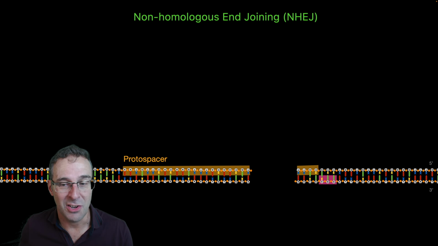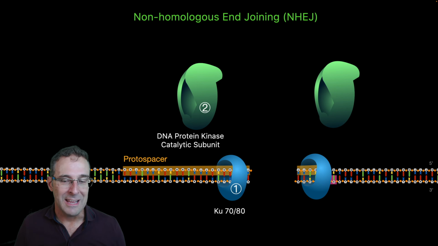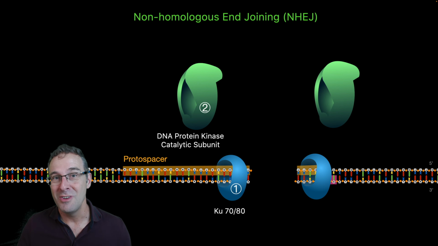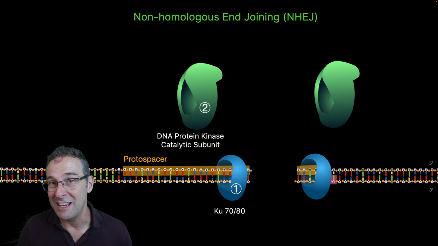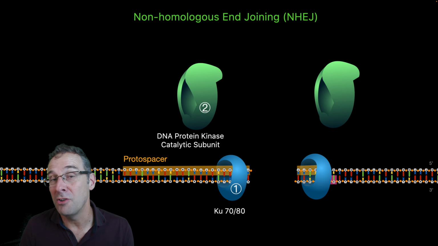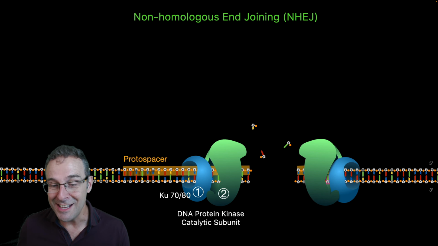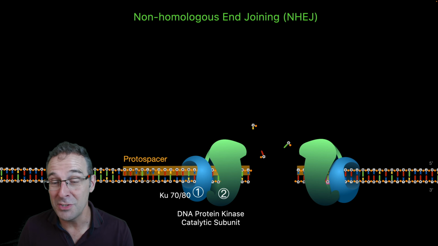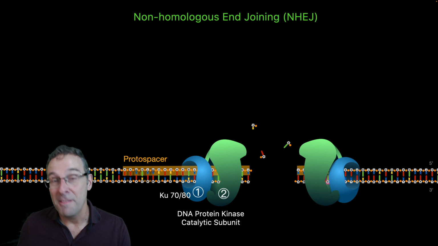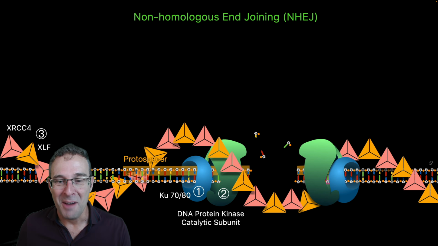a Cas9 enzyme. Either way, what will happen is a protein that exists naturally in the cell called Ku70/80 is very strongly attracted to the ends of a piece of DNA. And so Ku70/80 will stick on those ends, and it, in turn, co-opts, it attracts another protein called DNA protein kinase catalytic subunit, which sticks onto the Ku70/80. And together, they attract, in turn, a bunch of proteins whose, again, names are weird, but